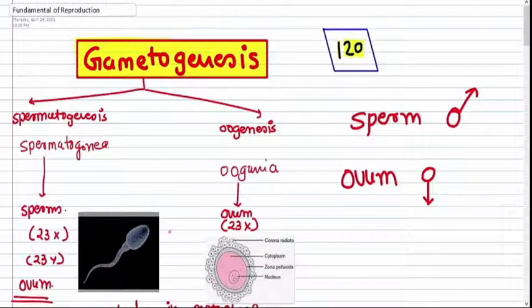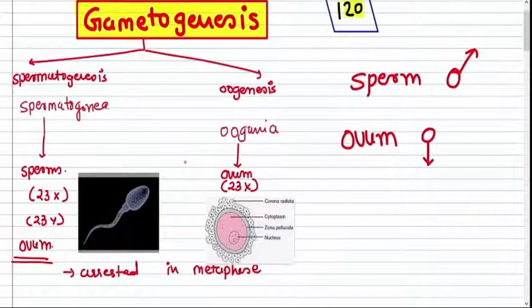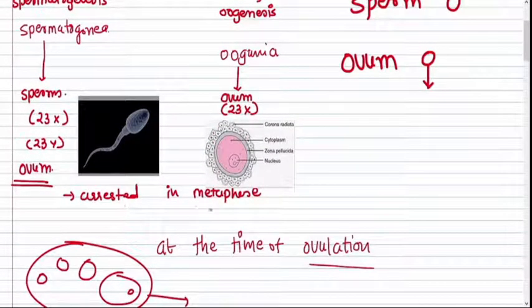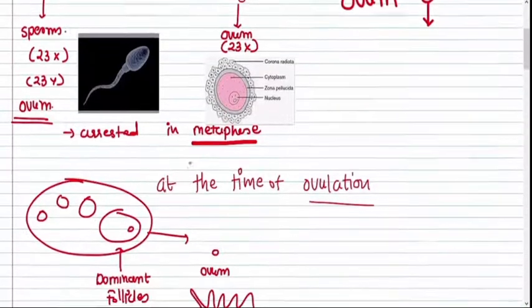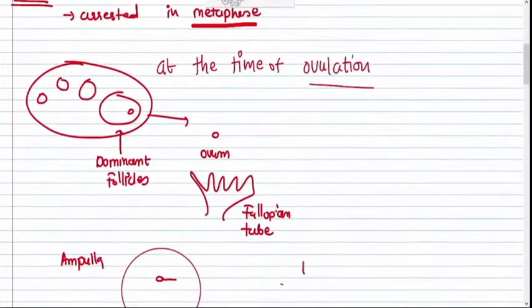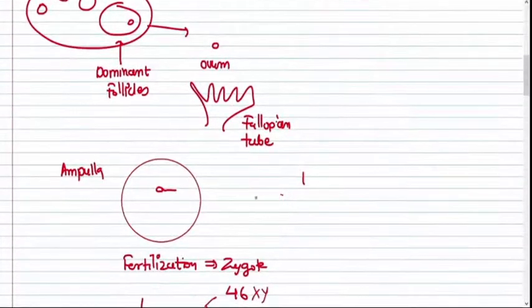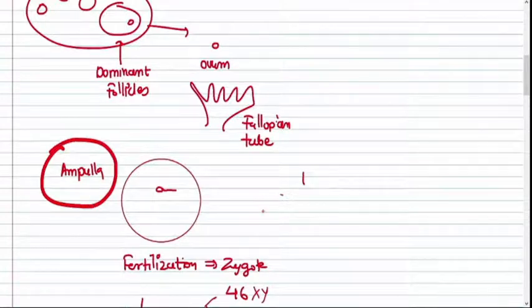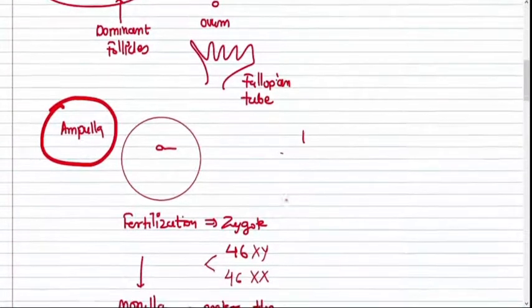Now let's discuss the fundamentals of reproduction. Gametogenesis is very important. The sperm is the gamete of males and the ovum is the gamete of females. The development of sperm from spermatogonia is called spermatogenesis, and the development of ovum from oogonia is called oogenesis. Now the ovum is arrested in metaphase. At the time of ovulation, the ovum comes out from the ovary and goes inside the fallopian tube. When it reaches the ampulla part of the fallopian tube, one of the many sperms will fertilize the ovum